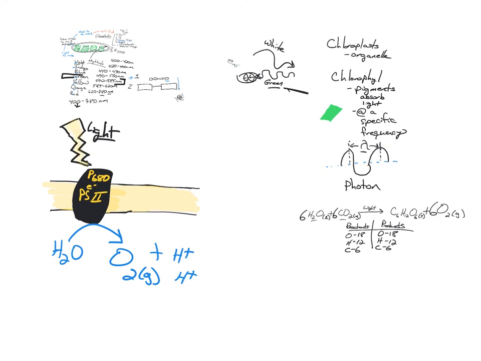You have this protein complex called P680. It's part of a system of proteins that we call photosystem 2. Photosystem 2 is the first light. Now, this is the first step of photosynthesis. Number 1, photosystem 2 is going to take in the first photon of light, that first wavelength. It's going to absorb it, and